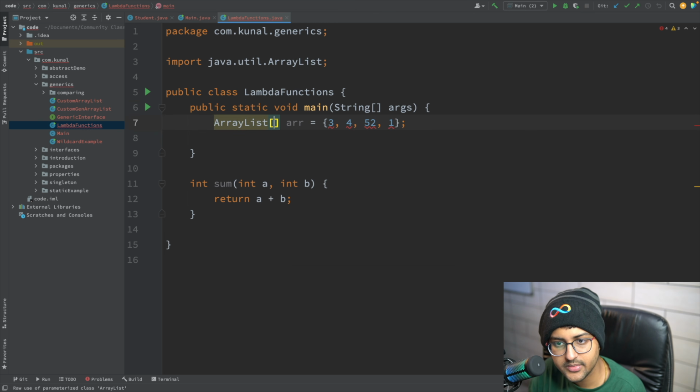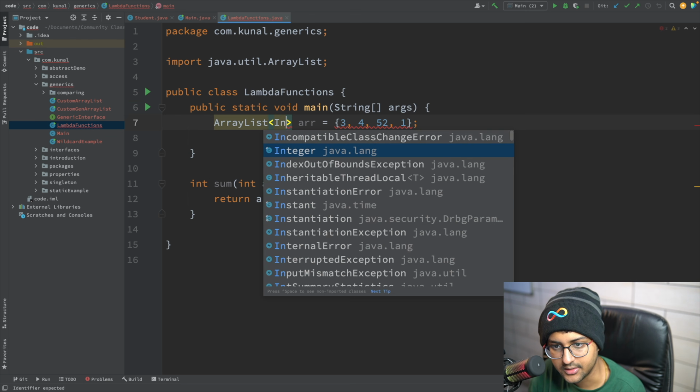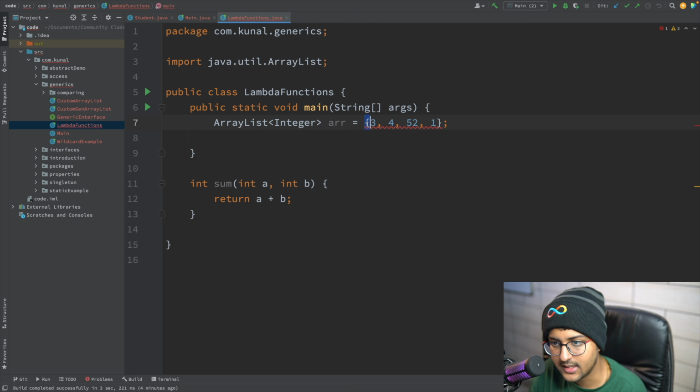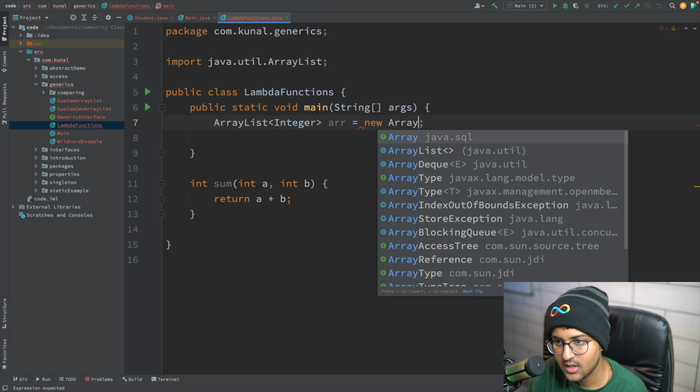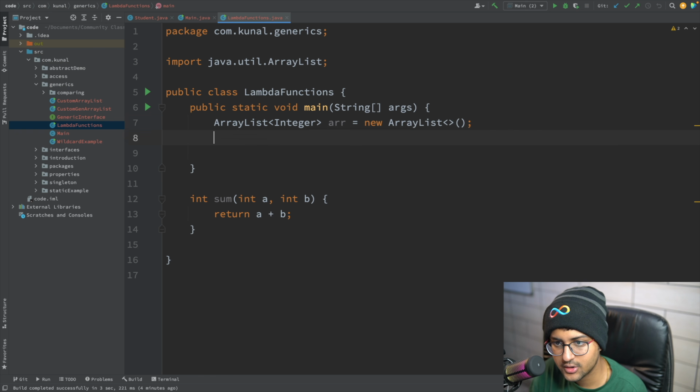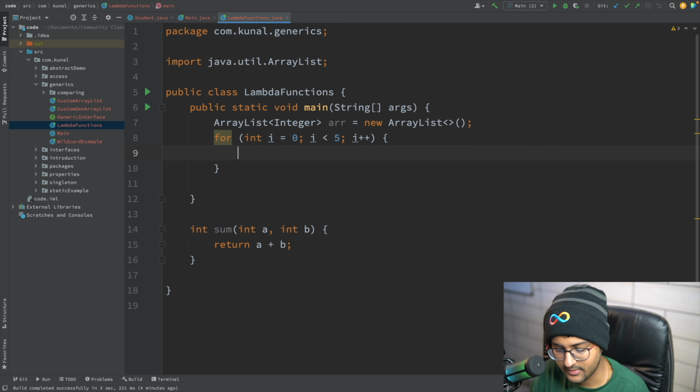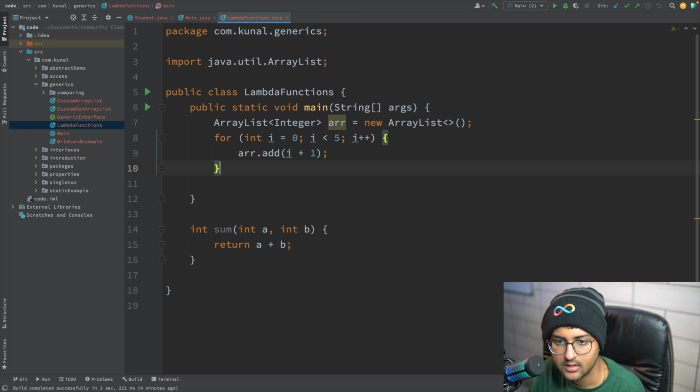Array list of integer is equal to new array list, and I can add this in it later on. Array list, that looks good. And then I can say for i is equal to 0, i is less than 5, i plus plus. I can say array dot add i, something like that. Okay, or i plus 1, whatever.